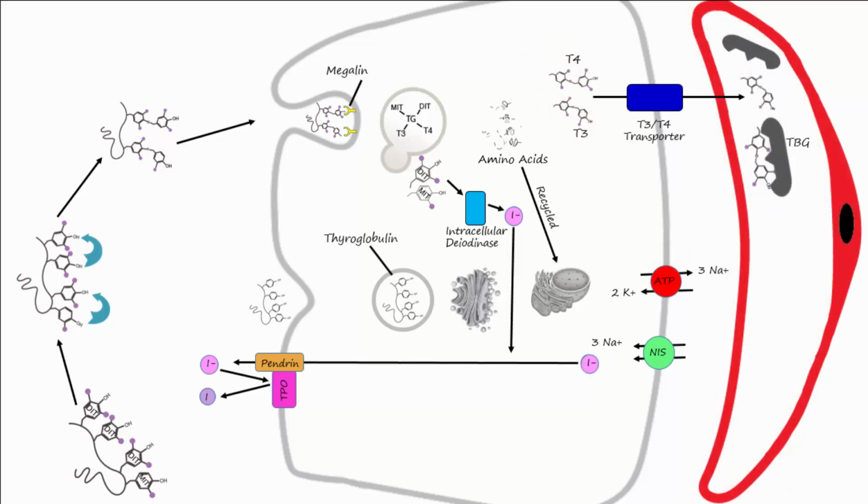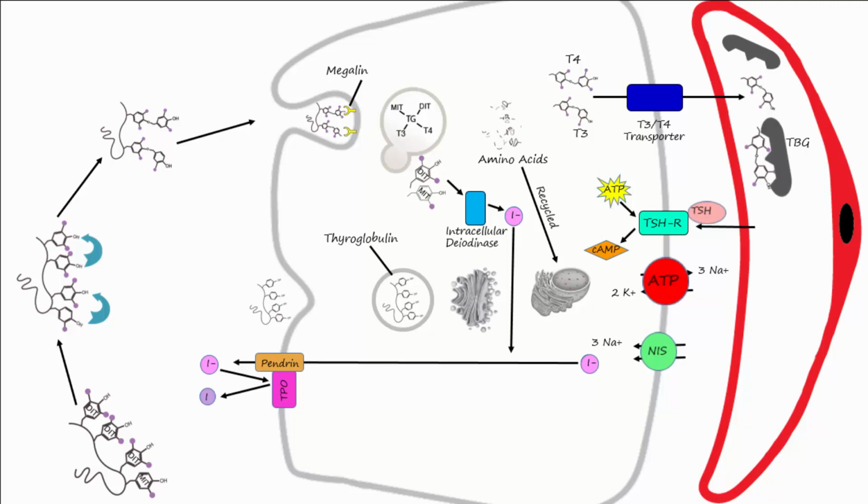An important hormone for the production of T3 and T4 is thyroid stimulating hormone, or TSH. That is produced and released from the anterior pituitary gland. The receptor for TSH is located on the basolateral membrane of the follicular cells and binds TSH. This receptor-ligand interaction results in an increased production of cyclic AMP from ATP. Increased activation of the TSH receptor will ultimately lead to increased levels and activity of sodium-potassium pumps,